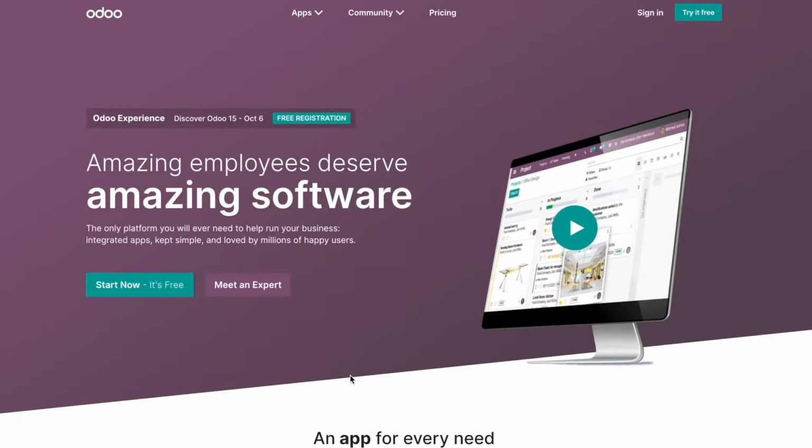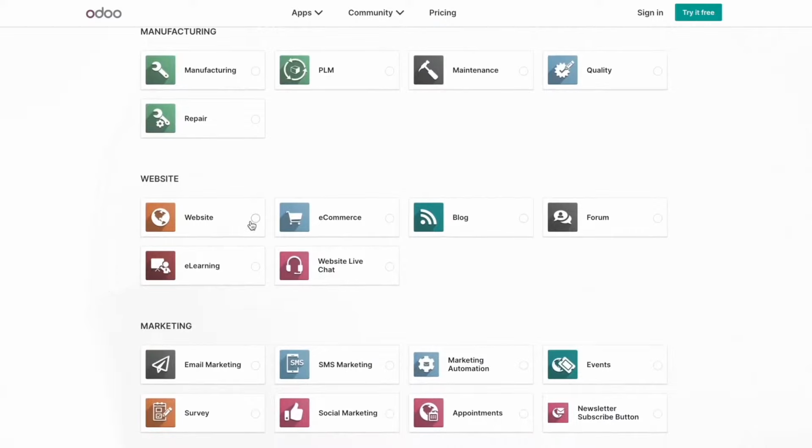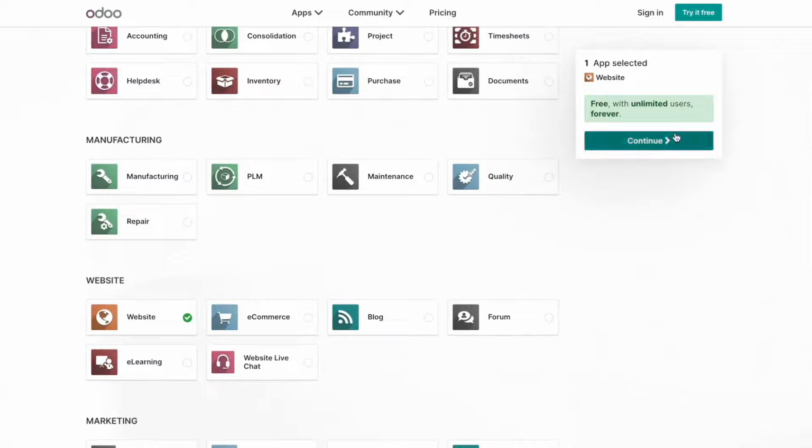So, what is the next step if you want to create your own website with Odoo? If you don't know it yet, you can start creating your free hosted website on odoo.com. You can launch a new database by clicking on Start Now and select the website module. As long as you only keep this module, you'll be able to use Odoo Online without subscription and then create